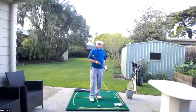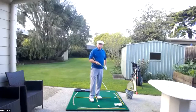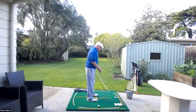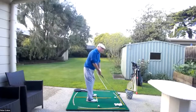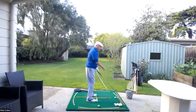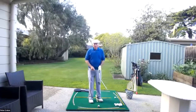But positional golf, what's the difference between positions and alignments? Well, in golf, if you're looking at positions, you're looking at the address position would be how you set up to the ball. Throughout the swing, you've got the club swinging through certain positions that you could take as a reference point. The word alignment has a little more